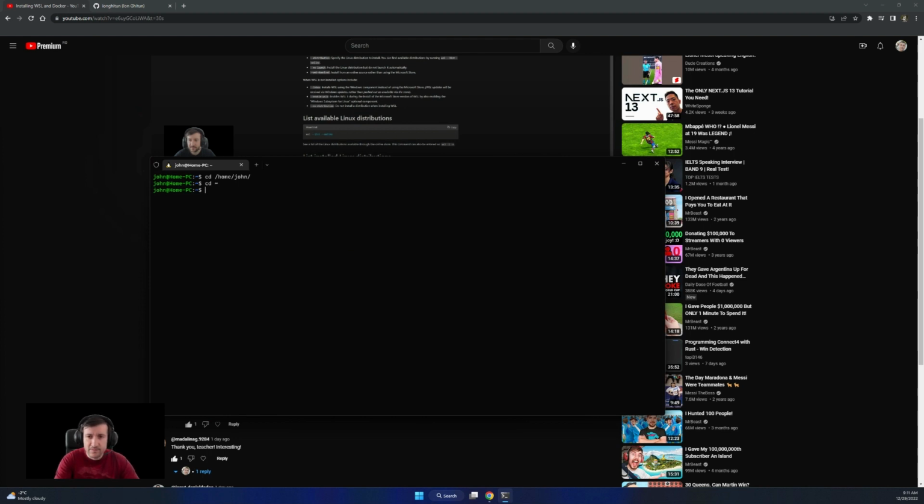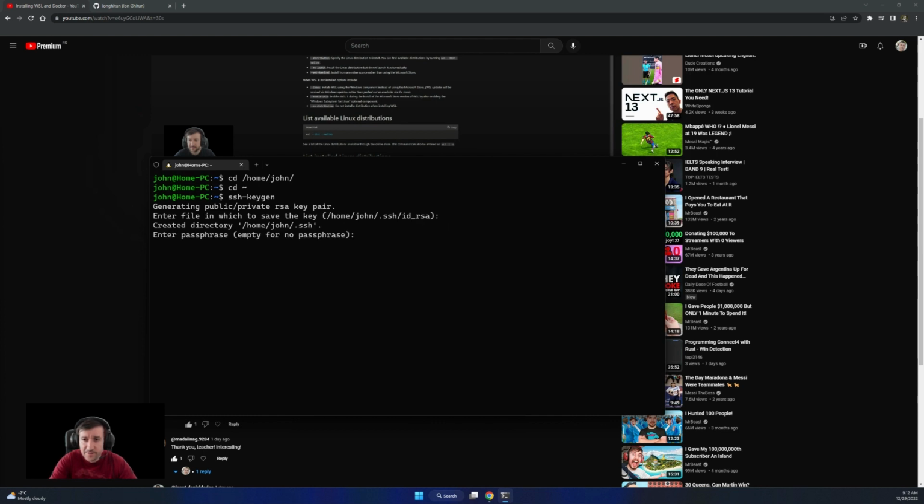So, last time we installed two packages, Git and OpenSSH client. Having OpenSSH client gives you access to generate keys. So we have this command, ssh-keygen. We just hit that. It's asking me where I want to save. It's in my user .ssh folder, id_rsa. So this is the file.